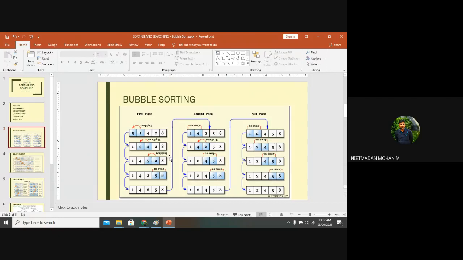Sir, it is swapping, sir, or ascending the elements. Yes, it will take the first element and compare it with the next element. After that, the next element will be compared with the next element, and so on. So in the first iteration, the first pass, what will happen? The highest element will come here at the last. Am I right?